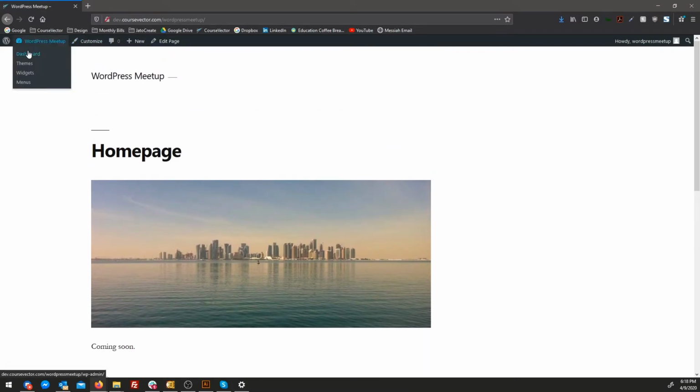So that's kind of how the media library works. Again, you can do the same exact thing with videos, pictures, and PDFs. You do that same exact steps. It's just a little...